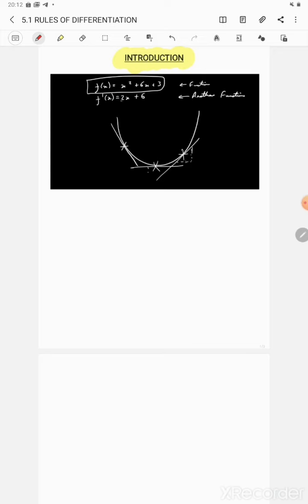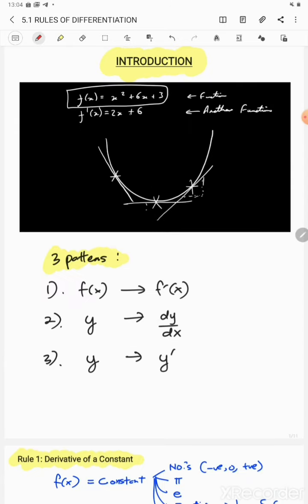After we differentiate, how can we get to that? By differentiating x to the power of 2, we get 2x. For 6x, we get 6, and differentiating 3, we get 0. When you differentiate the function, this gives you the information about the slope of certain coordinates. For example, now we have here this one,